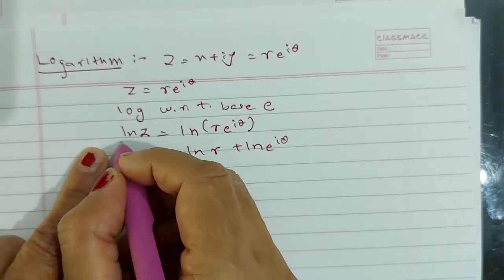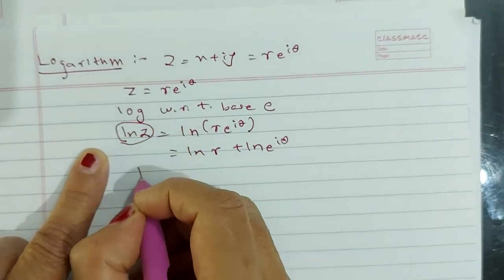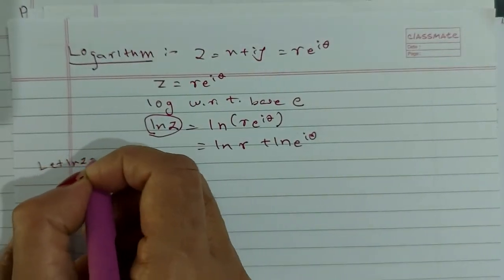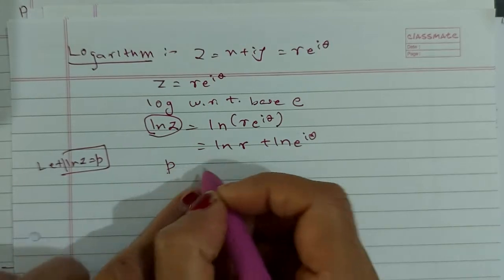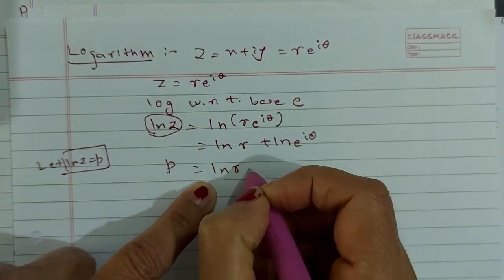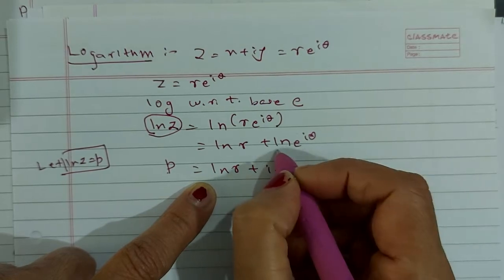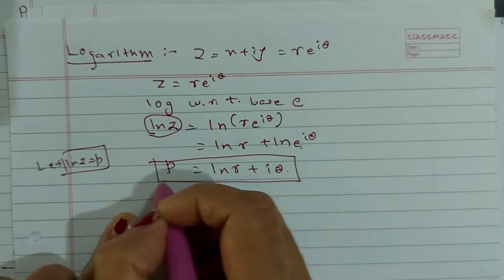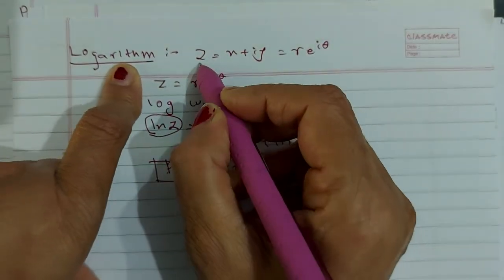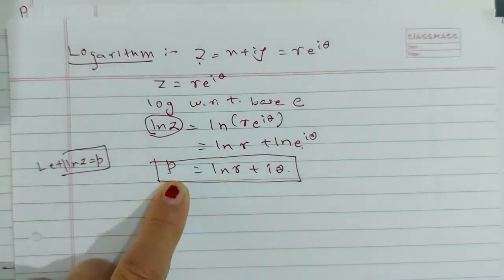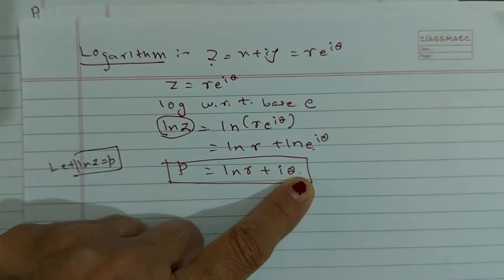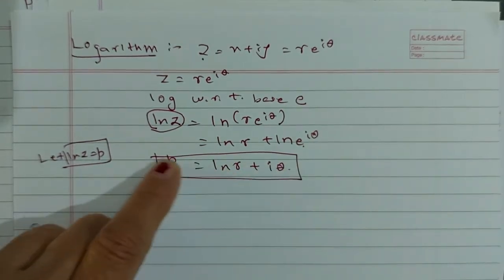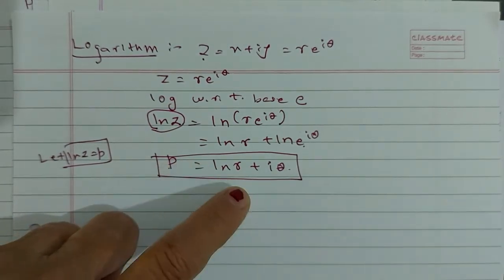Done. Now suppose I say LHS ln z is p. So we can say let ln z be equal to p. So p is equal to ln r plus i theta, because I took ln of e, so only i theta will remain. So this is my simple way of finding the logarithm of a complex number z. So this equation gives me what? Theta will have infinite number of values. So the complex number p, which is equal to ln z,